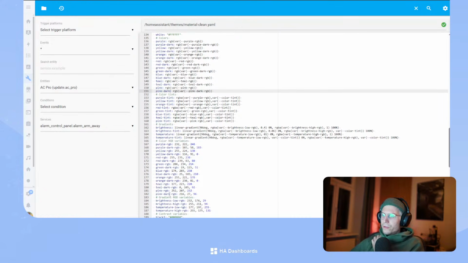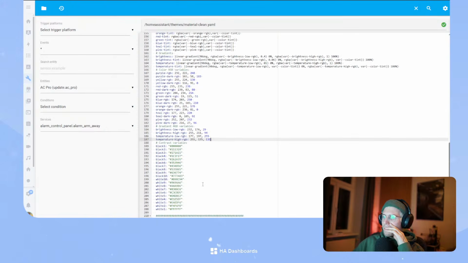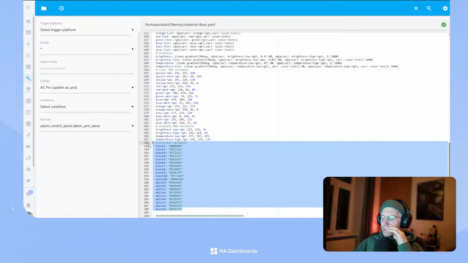And then what we have to do is also, I think this we don't need, to be honest. And then also the gradients we will leave for now like this. Maybe we will change them later. But what we have to do is change this. So what I want to do is, I think I want to use ChatGPT for this again. So we copy this. We say,